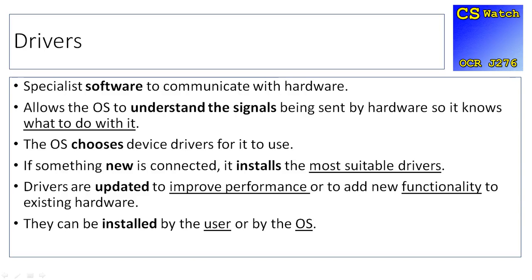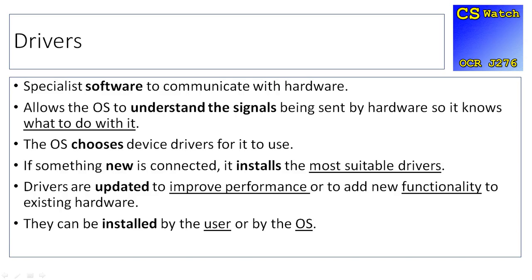manageable way. One thing which operating systems need to use are drivers, which are specialist pieces of software which communicate with the hardware. When you plug in a new piece of hardware to begin with, the operating system hasn't got a clue what's going on. It sees that something's being plugged in, and that's about it. When you get a new piece of hardware, so for example when I got my gaming mouse, it came with a little CD which had drivers on it. This software, when I installed it, allowed the operating system to understand the signals which it was being sent. So it could see the signals being sent. It could say, right, okay, that's a mouse who's trying to click on something, and then perform the activities that